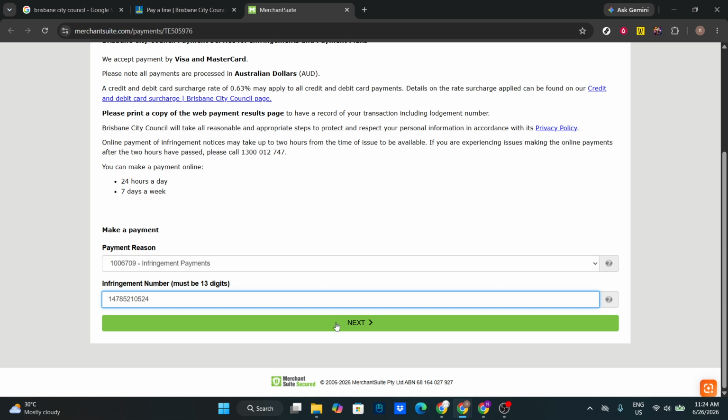is correct. After the payment is submitted, it's a smart idea to save or screenshot your confirmation page for your records. That way, you have proof of payment if you need it later, and that's how to pay a traffic